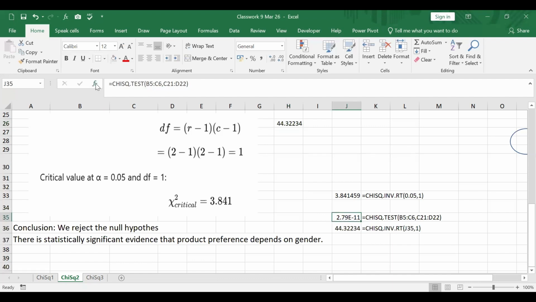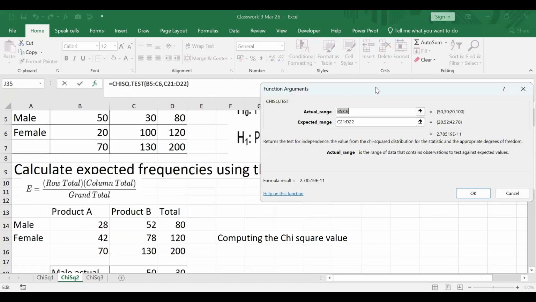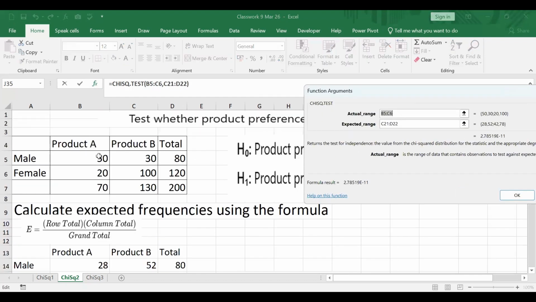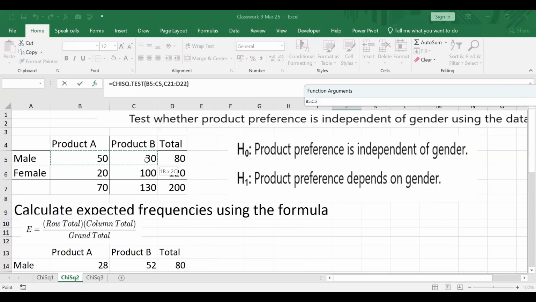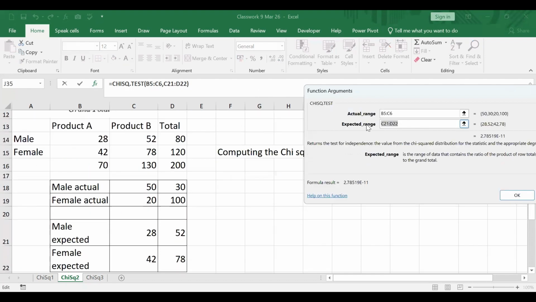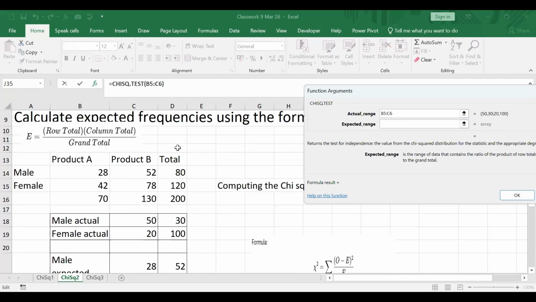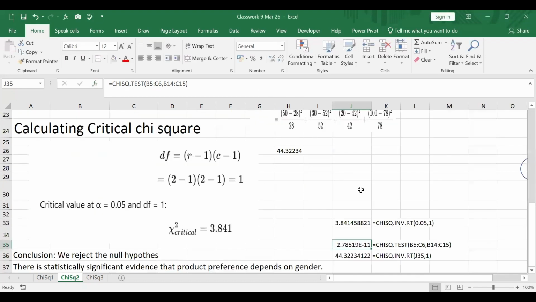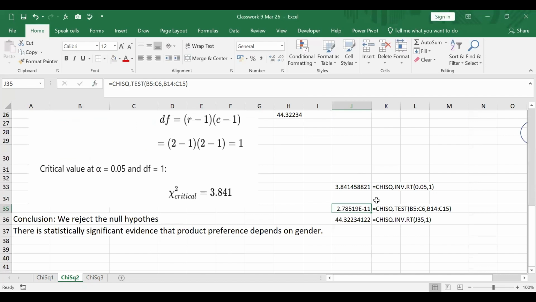What you do is use this formula. Actual range B5 to C6. So this is the actual range. Now expected is what we had calculated. And you get a p-value here. You don't get the chi-square statistic directly. You get a p-value, and using the p-value, you can use the formula for